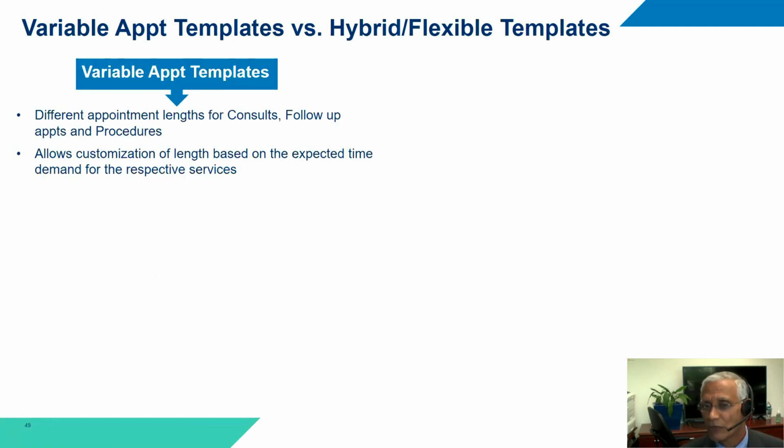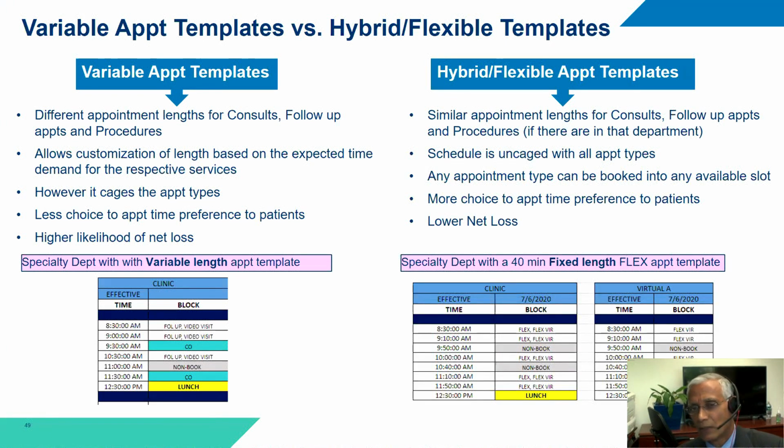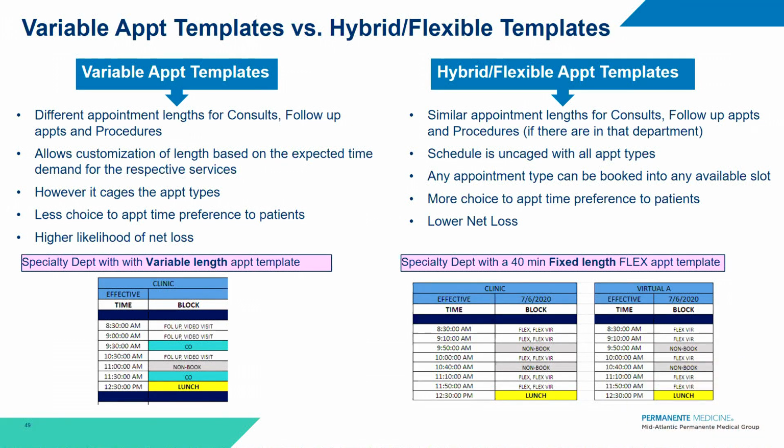And then we have also used another technique, using 2 different types of appointment templates. One on the left side is a variable appointment template in a specialty, wherein you have a consult with a longer duration of 1 hour. Let's assume it's oncology or infectious diseases, because they would require longer appointment lengths, and a follow-up appointment, which can be half an hour in that specialty. It has its advantages, but the disadvantages being you are caging a certain appointment type at a certain time, and it will lead to higher net loss, and it minimizes the patient's flexibility to choose the appointment